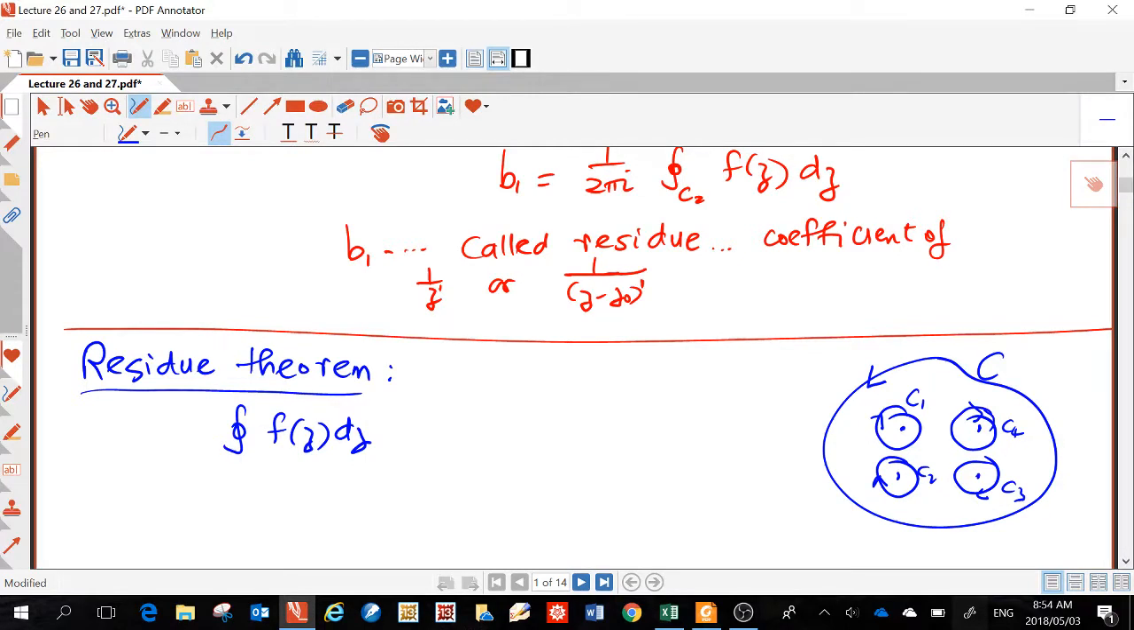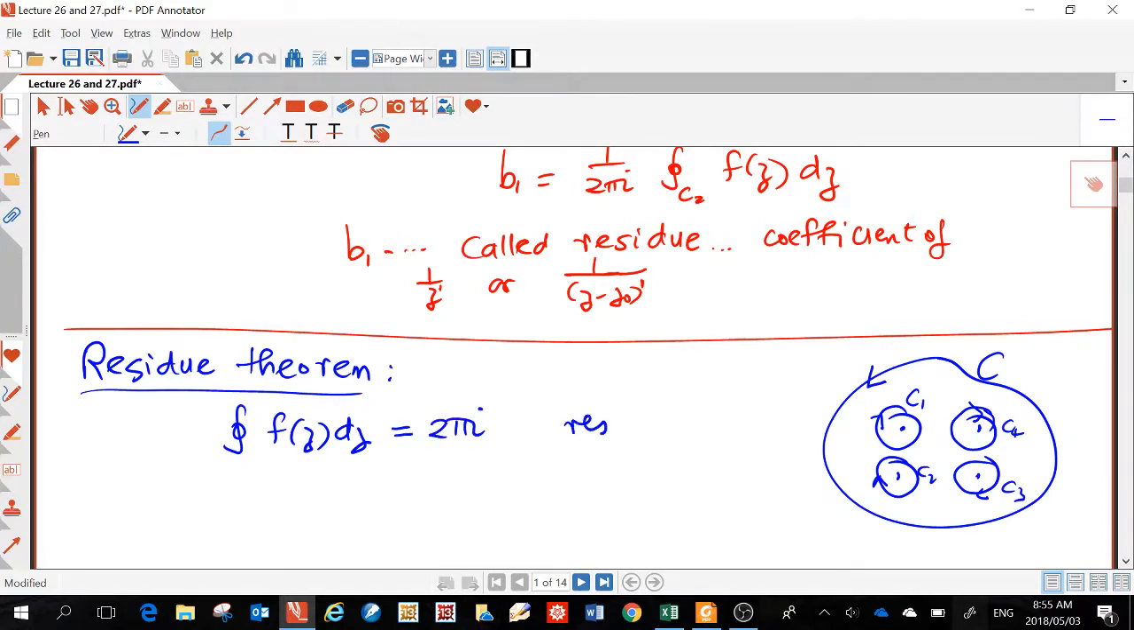It actually doesn't matter what the shape is, as long as it's a closed region. Around the singularities, you can just throw circles around them. Surround them by circles, work out the residues, and the game is over. So this can be written as 2 pi i